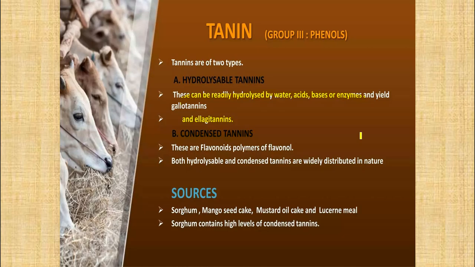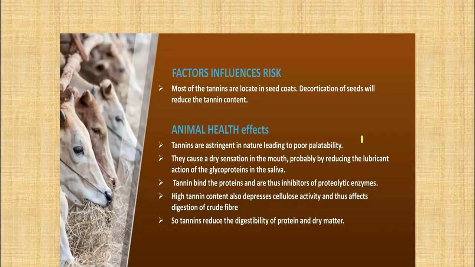Then sorghum, mango seed cake, mustard oil cake, and lucerne meal all contain a very high quantity of tannin, and sorghum contains a high level of condensed tannin. Most of the tannins are located in the seed coats, so decortication of the seeds will reduce the tannin content. Tannins are astringent in nature, leading to poor palatability of